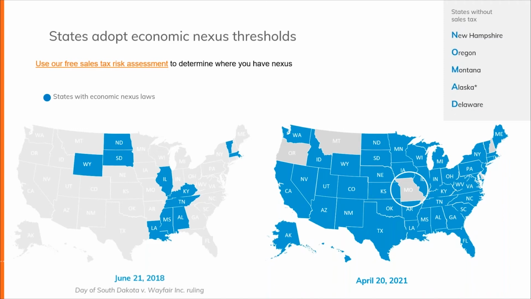This definitely changed the playing field for sales and use taxes, and it's been anticipated by the states for many, many years. The states really wanted to be able to recoup the revenue that they perceived to have been losing on those online sales. So a lot of them did implement these economic nexus laws prior to the court case being heard by SCOTUS. If you look at the map on the right, that was April 20th of this year. So you can see a lot more blue on that map. And as I said, Missouri is the only holdout to date of the states that collect a sales tax.